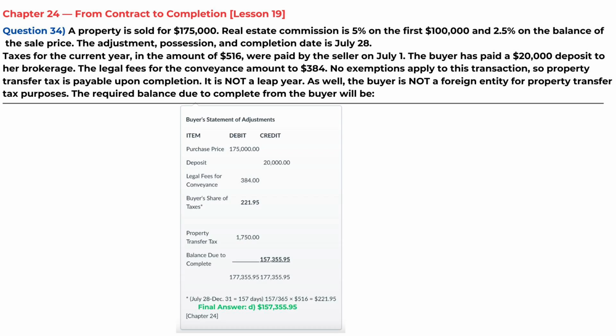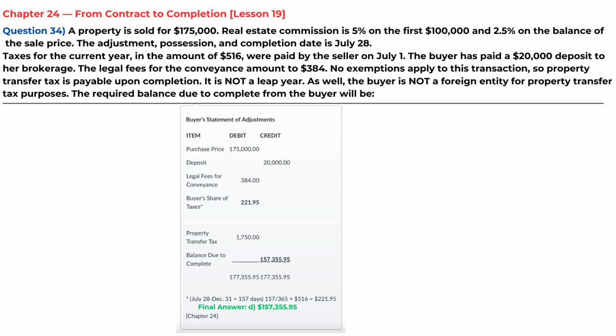The legal fees for the conveyance amount to $384. No exemptions apply to this transaction, so property transfer tax is payable upon completion. It is not a leap year. As well, the buyer is not a foreign entity for property transfer tax purposes. The required balance due to complete from the buyer will be buyer's statement of adjustments, list of items, purchase price